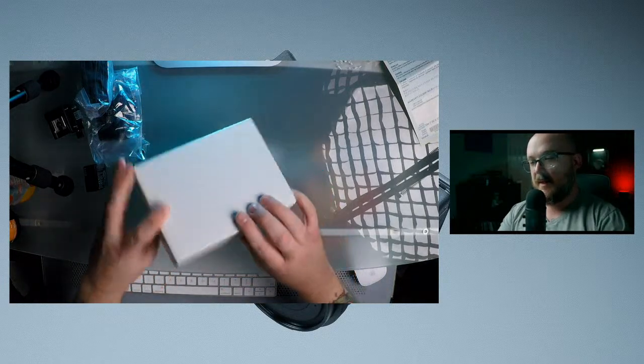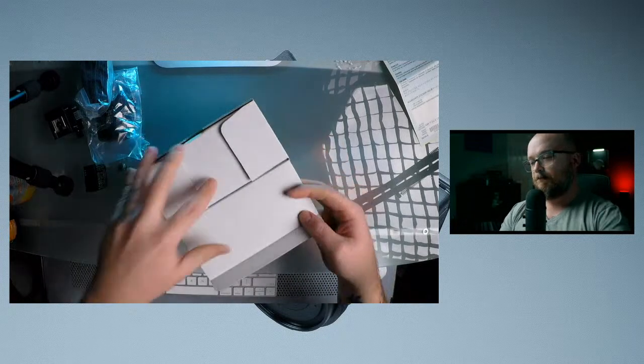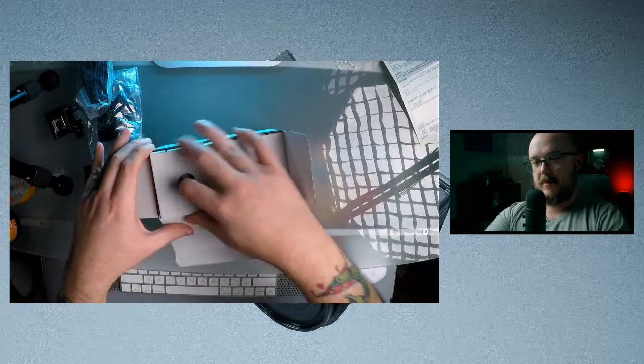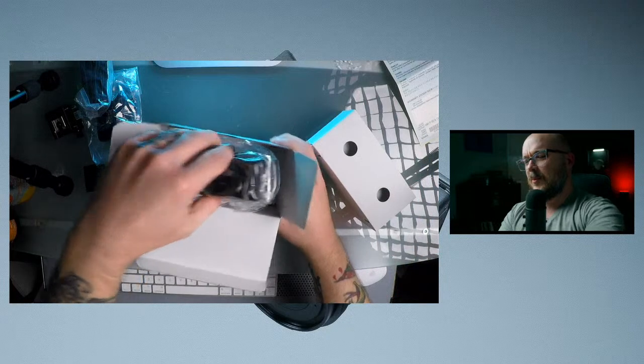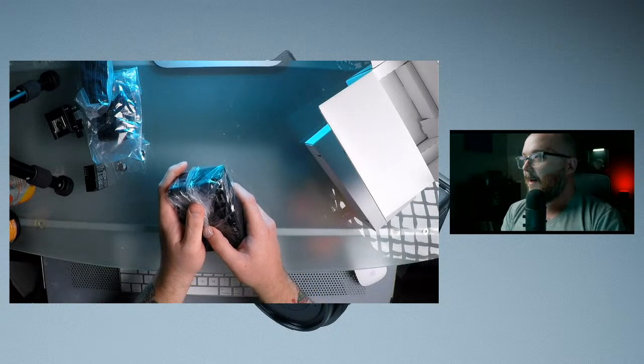I'm going to put this bigger box aside because this is what everybody came to see. If I can get to it. There we go. All right. Are you ready? Are you ready? I say that, there's probably still shrink wrap and stuff. Oh. Let me tell you what. While I'm making you wait,